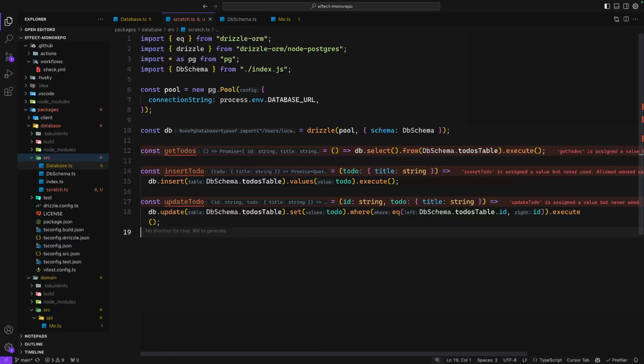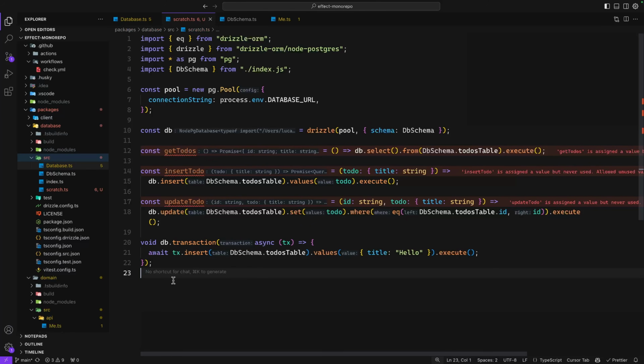So that's one challenge. Then you have another challenge, and that is creating a type-safe wrapper for your SQL statements. So for example, getting the to-dos, this could fail. Inserting a to-do, you might get a unique violation. Maybe title is supposed to be unique, so perhaps you want to translate that error over to a 400. And then you have the update to-do. Same thing, you can have a collision here, or maybe you want to map nullability over to a no such